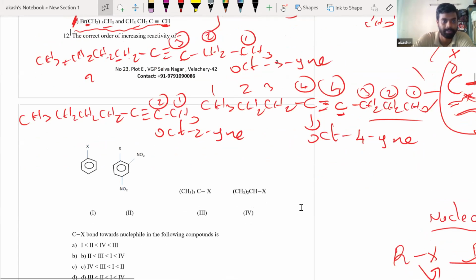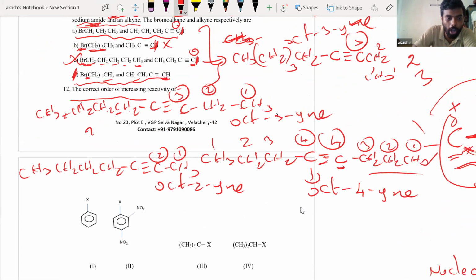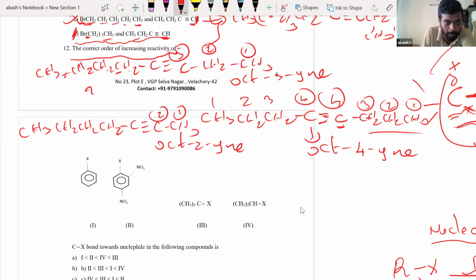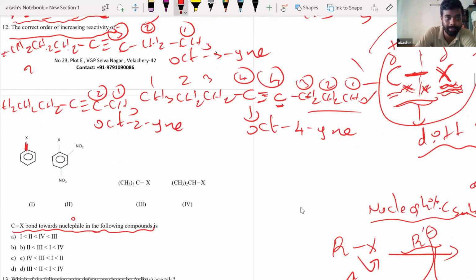Right, now look at this, people. The correct order of increasing reactivity of the C-X bond, this is the bond you're talking about, right? The C-X bond towards a nucleophile, again, a lot of spelling mistakes, in the following compounds is, right? Now we know generally, right, that